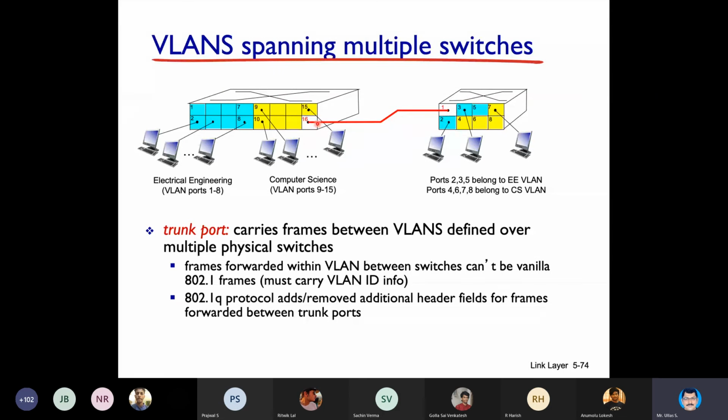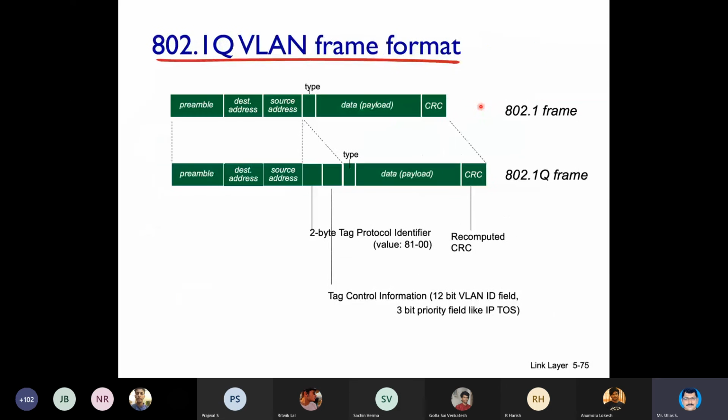Now suppose blue one's data is coming, so VLAN number 10 will be added in the Ethernet frame. When it comes here, 10 will be removed and it will be delivered to the respective port among the blue ports. If the MAC address table does not contain that, it will flood to all the three ports. That's how it goes.